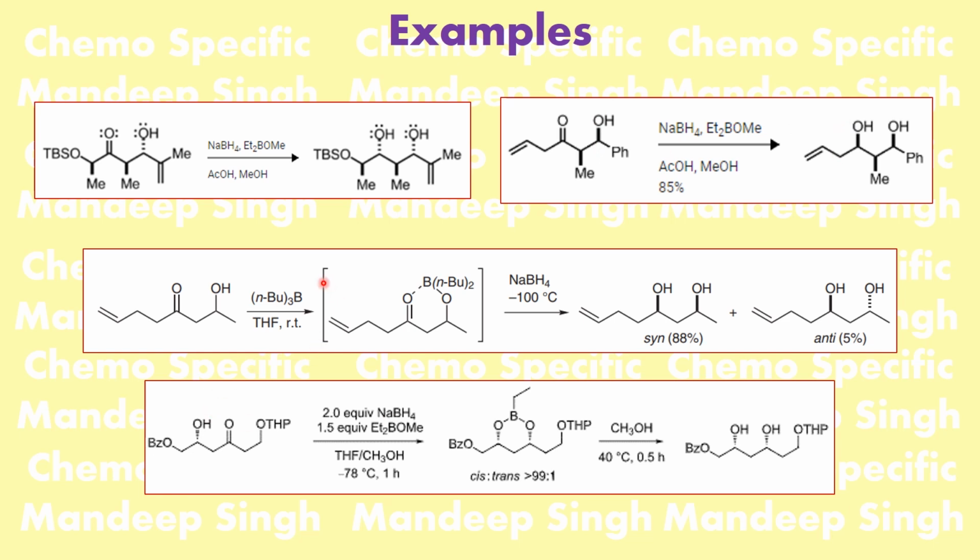Now this is a very important example, actually. Not important, but I would say that here the stereochemistry is not given, but we can clearly understand, since we are subjecting this to, this is nothing but tributylborane. So this is undergoing chelation. This type of chelation is taking place, and when you are adding sodium borohydride, what this shows is basically that the newly formed diol is going to be syn.